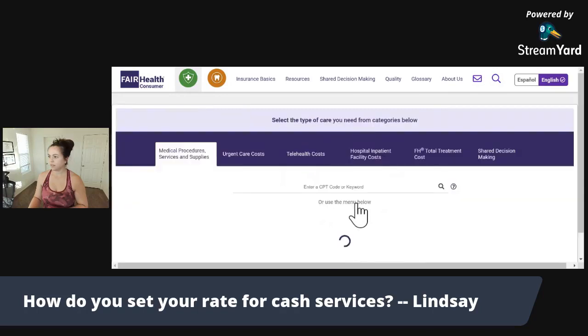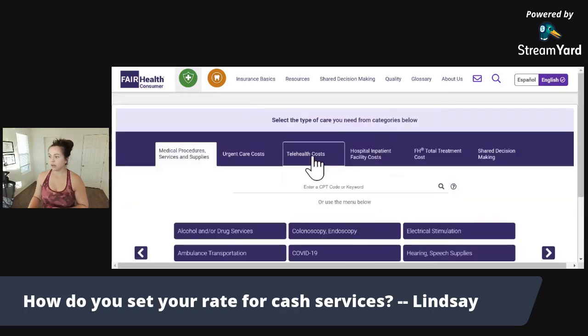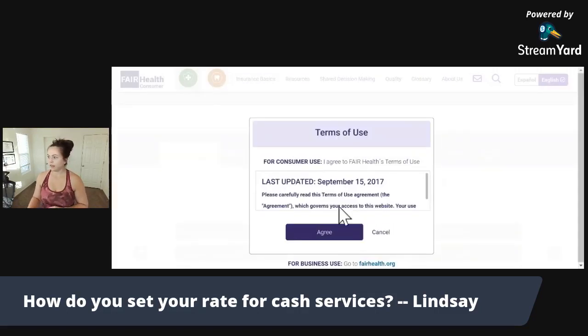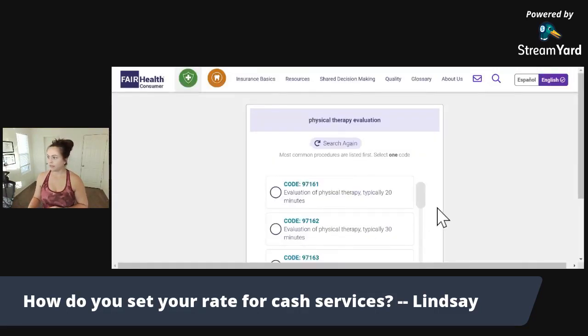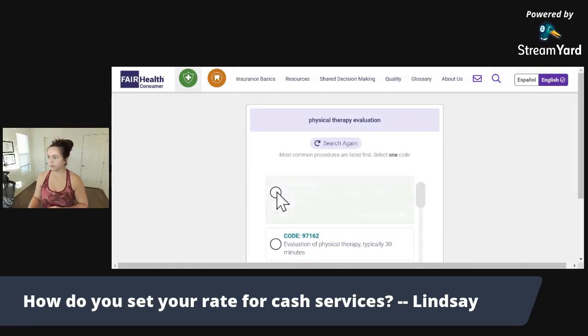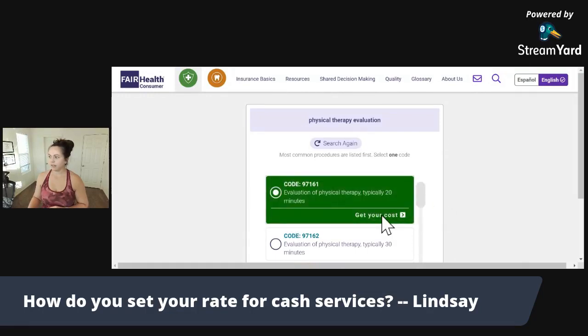That's where I am. And then there are some telehealth costs, which is interesting, but we might enter a CPT code, like physical therapy evaluation. And then the CPT code will pop up here, and then get your cost.